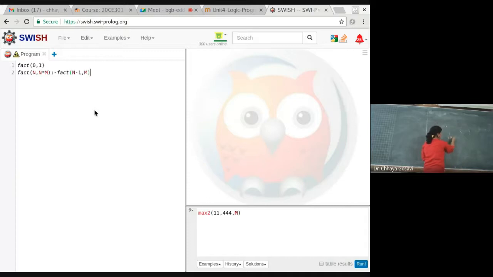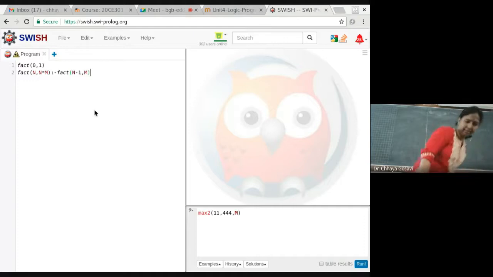If I give a query fact 0, x, it will return the value of x is equal to 1. It will match this query with the first rule and the value of x is 1. So factorial of 0 will be 1.